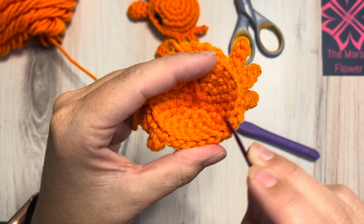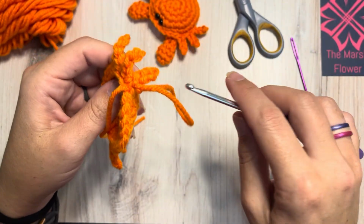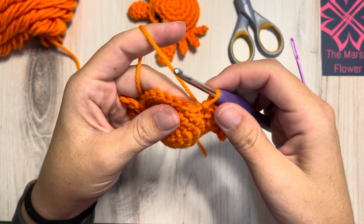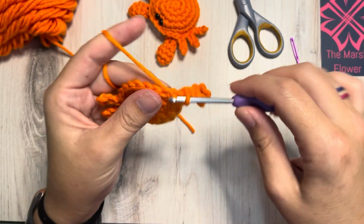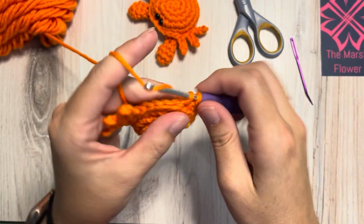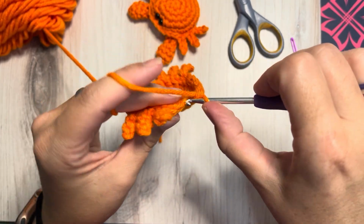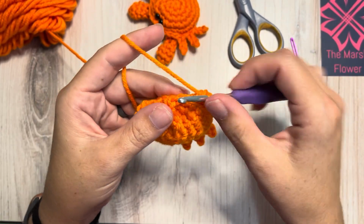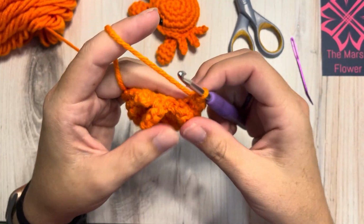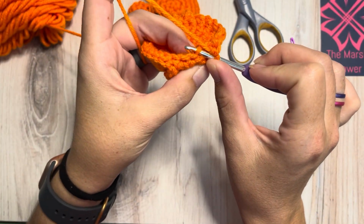Okay, these are the easier ones to get to back here. So that's where we're going to do our 24 single crochets. All right, so back loop only. There's 1, 2, 3, 4, 5, 6, 7, 8, and then I'm going to come to that row